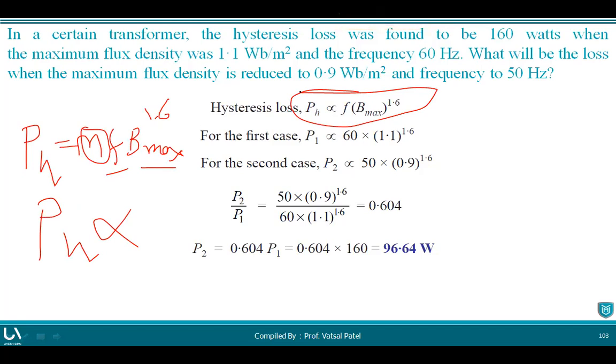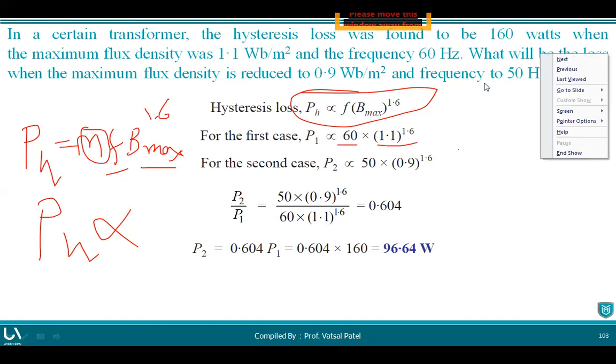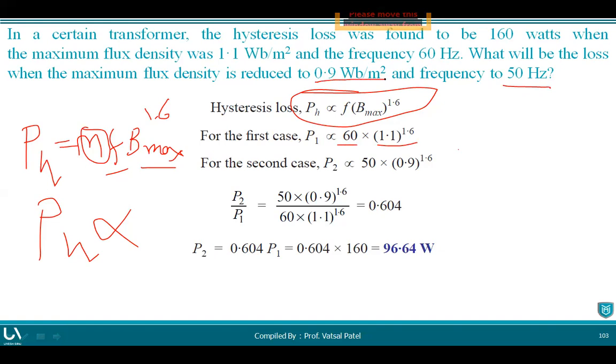In the first case, the loss is already given, and the frequency as well as the flux density is given, 1.1 Weber per meter square. So we can put the frequency multiplied by the maximum flux density. In the second case, 50 Hz frequency and a maximum flux density of 0.9 are given. So if you take the ratio P2 divided by P1,